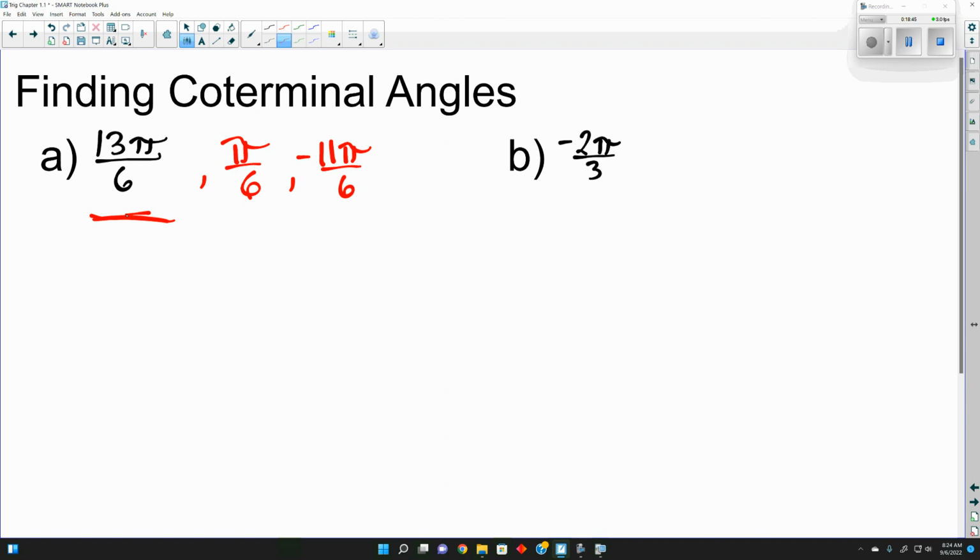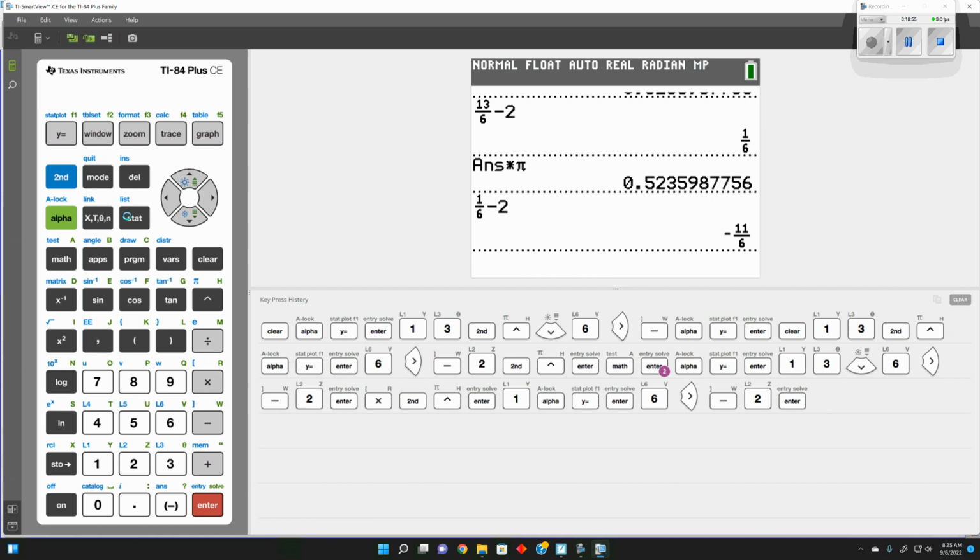So for negative 2 pi over 3, well, we have one negative angle, yes? If I want to find its positive counterpart, what can we do to it? We can add 2 pi. Now, as we already saw,